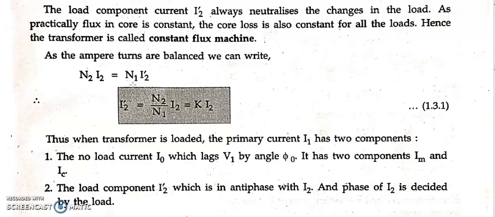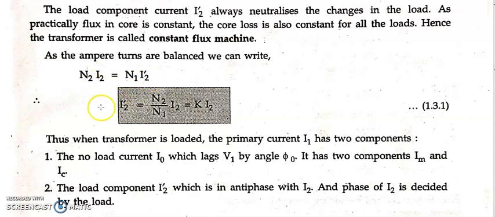Means the contributions of both will cancel out each other. So the net resultant flux will be phi, if this statement is true, yes or no? It's a constant flux machine. So that's why we can conclude N2 I2 is equal to N1 into I2 dash. It's not N1 into I1, because we want to conclude that the transformer is a constant flux machine, so only phi 2 we take part, phi 2 is cancelled by phi 2 dash. That's why we take N1 into I2 dash and not N1 into I1, because N1 into I1 again becomes phi, which will not be equal. So N2 I2 is equal to N1 into I2 dash.